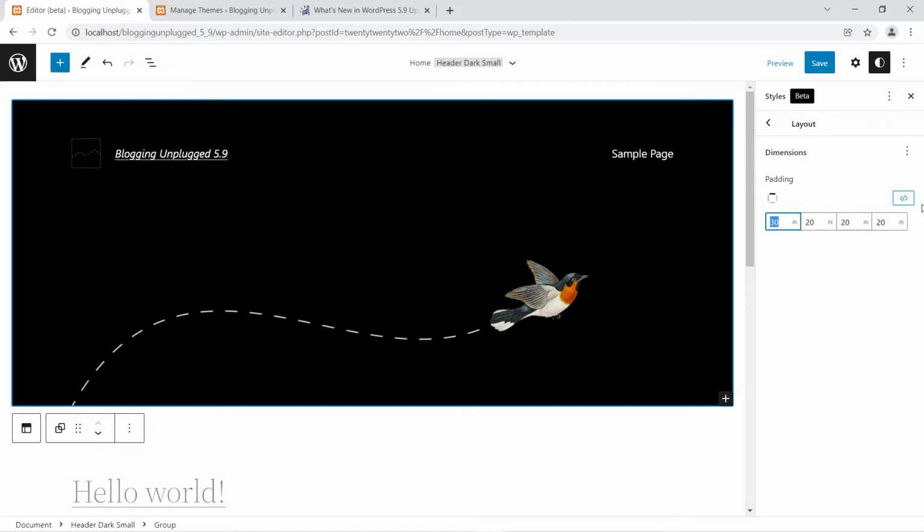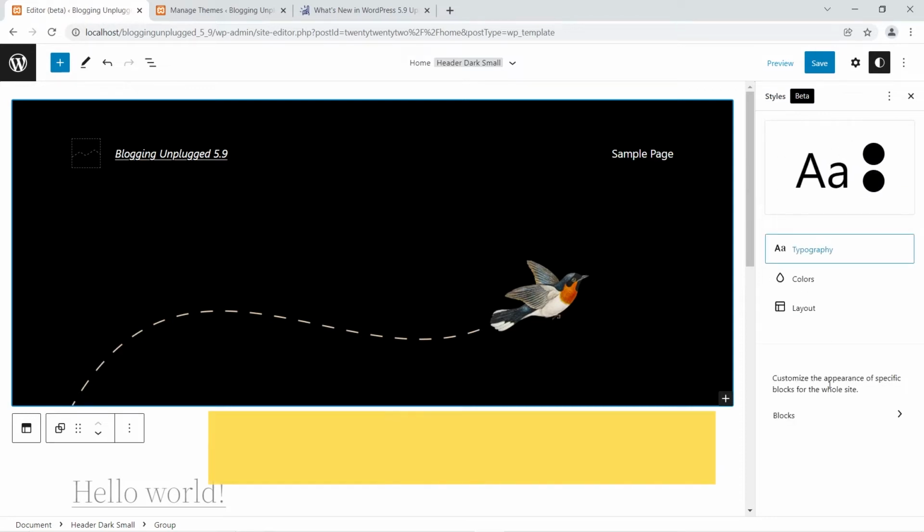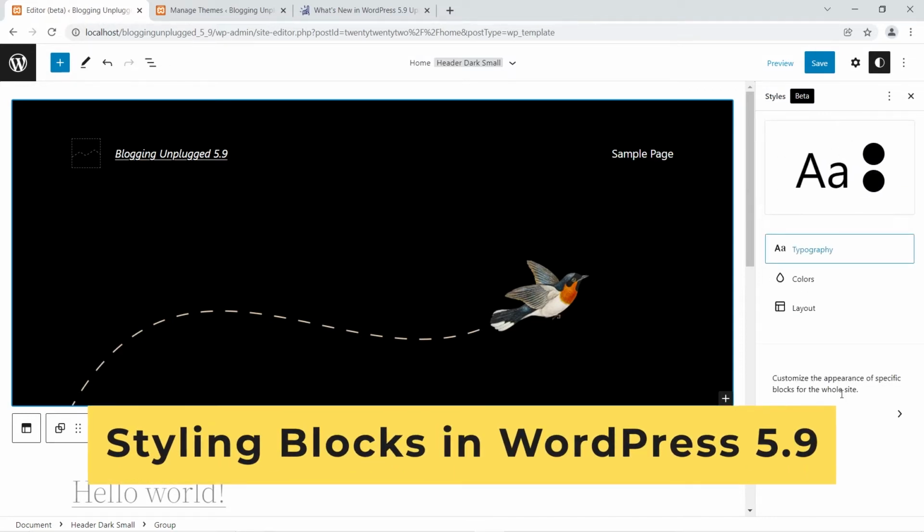It's totally up to you what you want to do using these options. These options are going to give you a diverse tool set to basically create the site that you want to create, using just the default WordPress editor or the new site editor. Now let's just go back from here, and the last option on the list that you see over here is